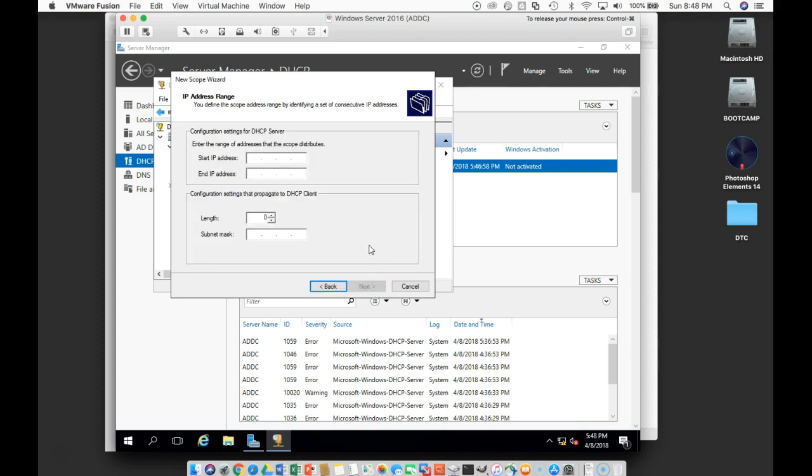This will be our clients, and we'll start them at 10.10.10.20, and we're going to end that scope at 10.10.10.99 because we've statically assigned 1, 2, 10, 11, 12, 13, and then we've statically assigned 100. We are going to set the subnet mask to match,